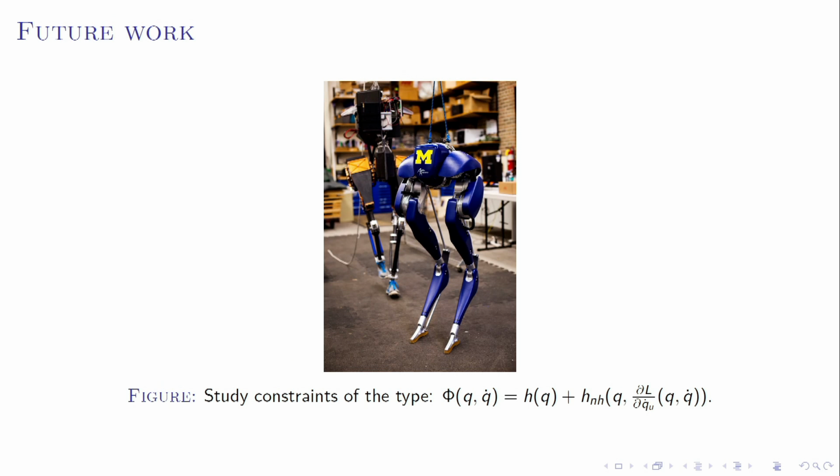But the next step, which is even more important, is to address robot locomotion. As I said, this is the final objective of our program. The constraints appearing in robot locomotion are of nonlinear type, are very complicated, and definitely do not meet the assumptions in our existence theorem. So the two main difficulties with achieving our goal are actually